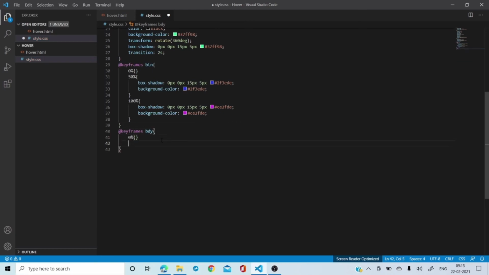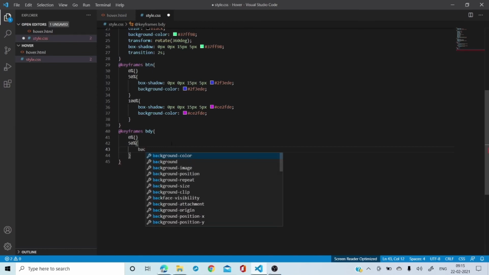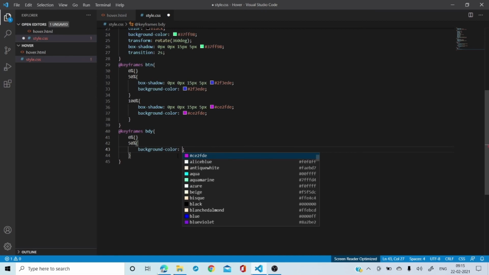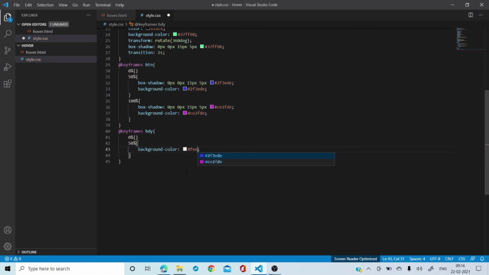Okay. After this, what is the next thing you're going to do? Again, you're going to use 50%. In the 50%, you're going to use the curly bracket. Again, we are going to use some background color, and in the background color, maybe you can take hashtag FE94C.